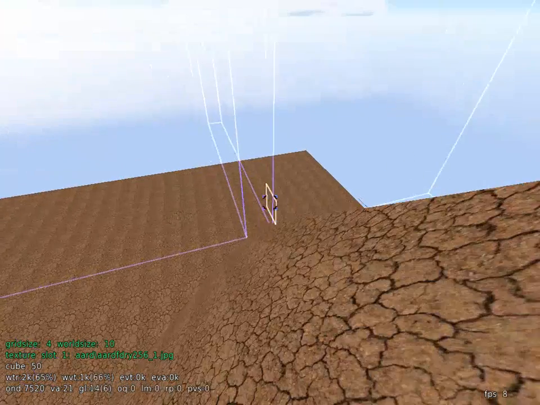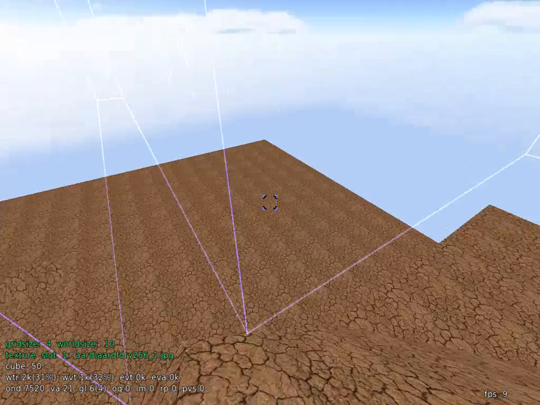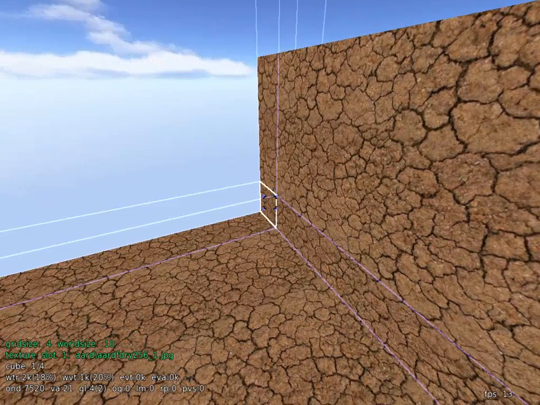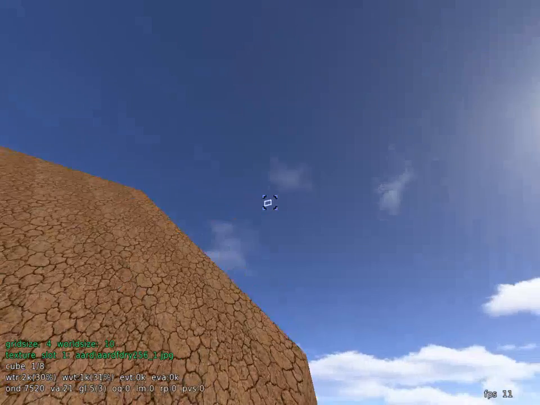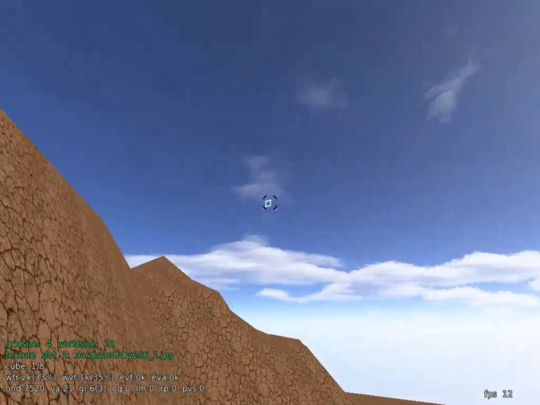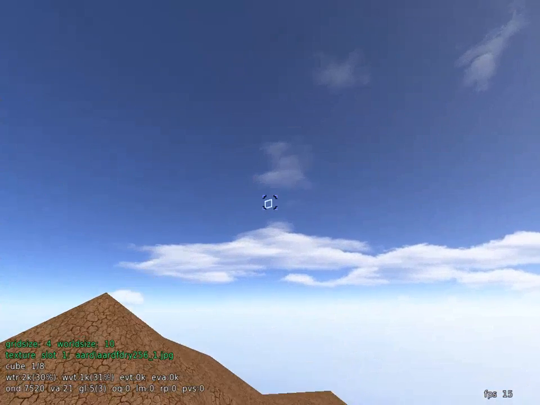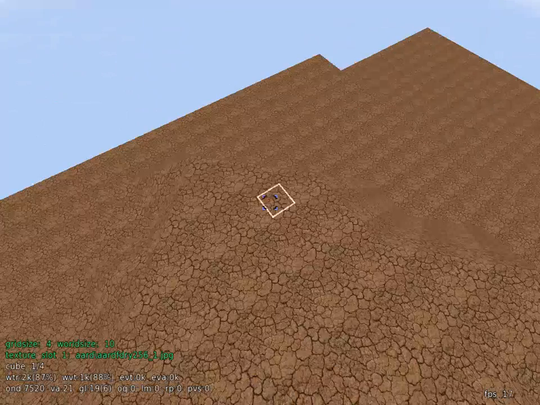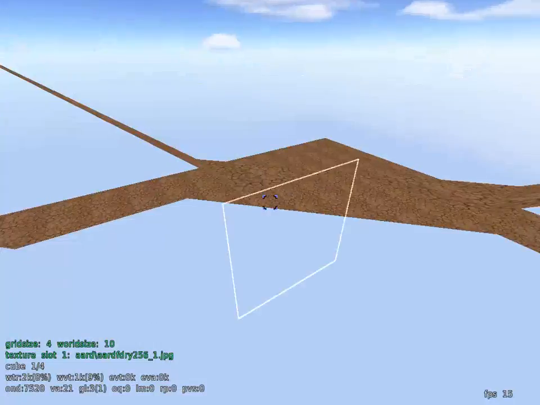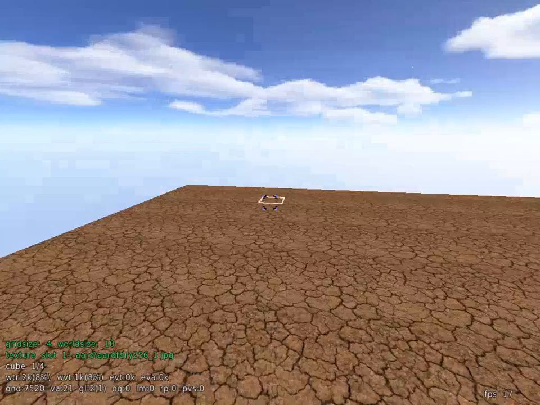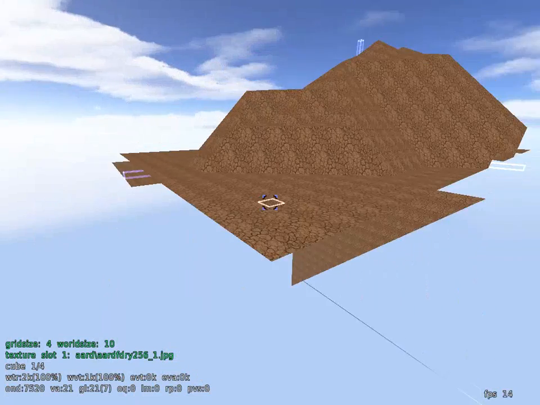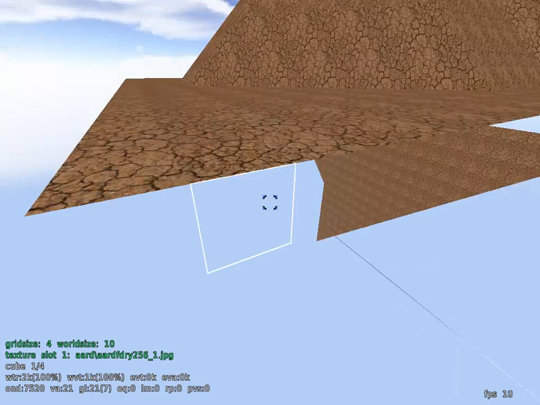Okay, so in this case then, let's say we want to do the entire thing. What we're going to have to do is click on some area on one side, try to find the opposite area,